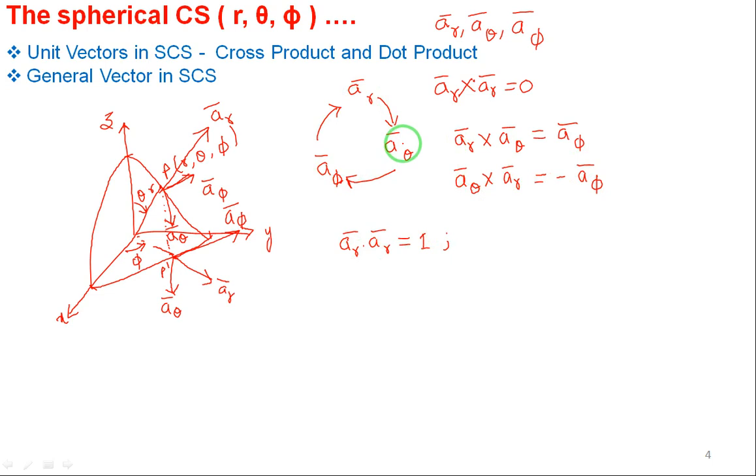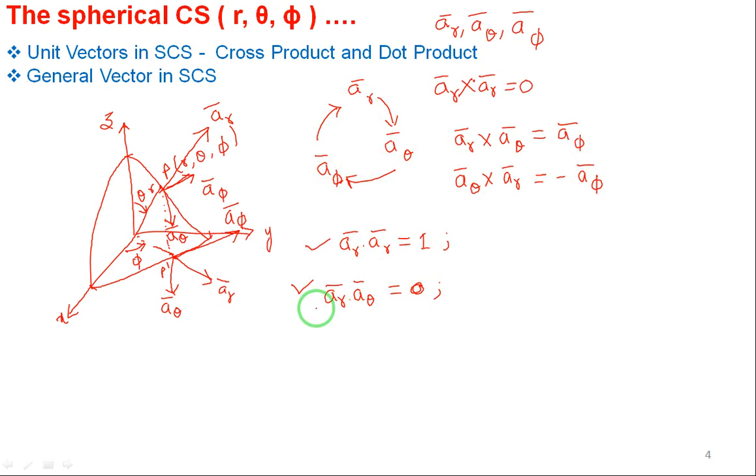This is one combination. Next is A theta dot A phi, then A phi dot AR. This is one. So let me take AR dot A theta. What will I be getting? They are mutually perpendicular to each other, AR and A theta. Cos 0 is 1, cos 90 is 0, so AR dot A theta is 0, right? I will read out the others. AR dot A theta is 0, A theta dot A phi is also 0, A phi dot AR is also 0. If you come in the reverse pattern, it is also 0: AR dot A phi is 0, A phi dot A theta is 0, A theta dot AR is 0, right? I am writing only one of the combinations, that's all.